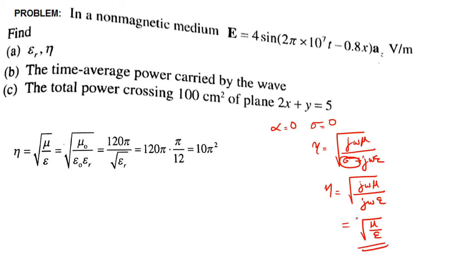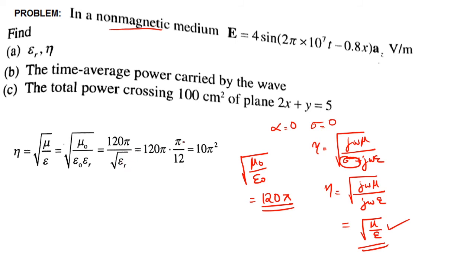For doing the problem, you don't have to derive all this. We have discussed electromagnetic wave propagation in the four media: lossless medium, free space, and good conductor. You can directly apply it, or you can just recollect all these based on the idea behind each case. You can do it either way, or you can memorize all the special cases. So in a lossless medium, it is square root of mu by epsilon, and mu is mu naught only, because they have specified it is a non-magnetic medium, but epsilon is epsilon naught epsilon r. Again, square root of mu naught by epsilon naught is the intrinsic impedance in free space, which we know is 120 pi. So you substitute it, divided by square root of epsilon r.